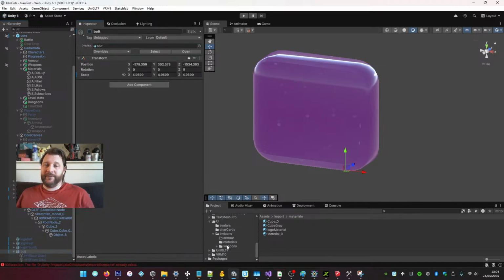Now we should be able to line the position up. So if we go to model,